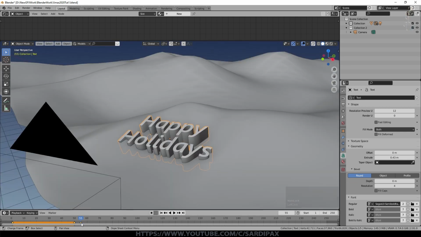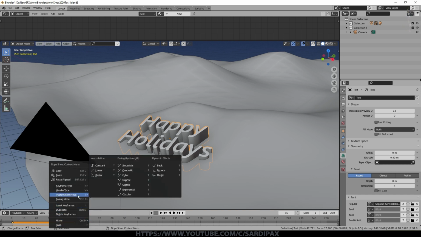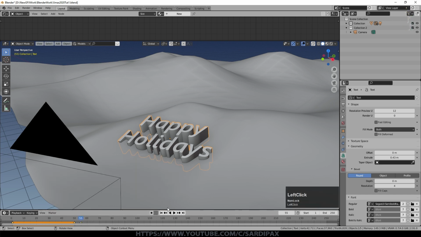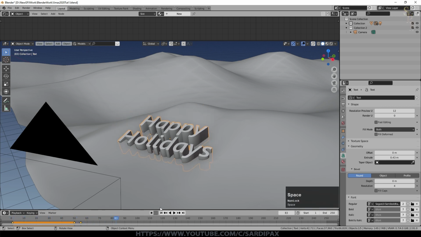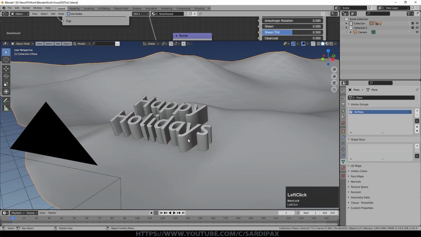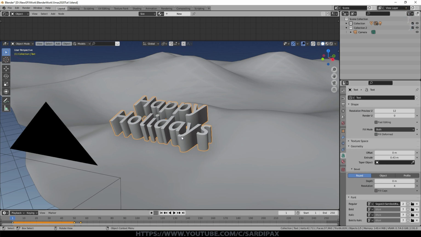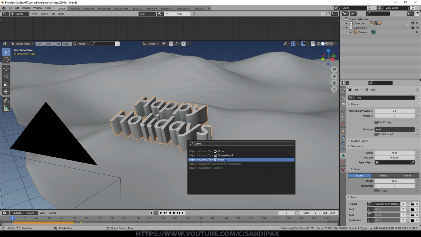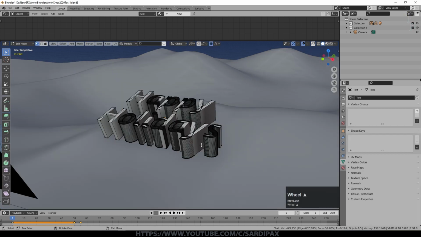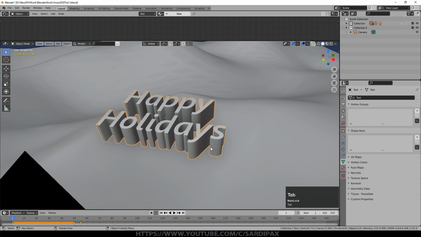And then right click one of these yellow keyframe dots and go up to interpolation mode and just set it to linear. So let's have a look at how quickly that happens. Might even need to be a little quicker, but we can change that later. We're not actually going to see this particular version of the text, but to do what we need to do, we now need this text to be a mesh rather than a curve, which is what text is normally. So if we press F3 and start typing convert, we can just say object convert to mesh. We can now see that this is a mesh object. I don't need to do anything more to that other than make it invisible when we render.